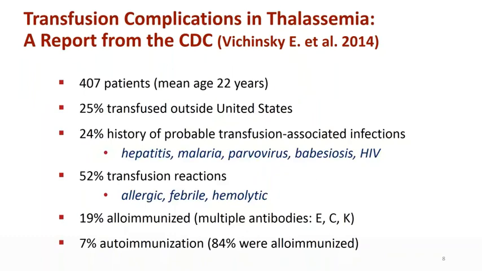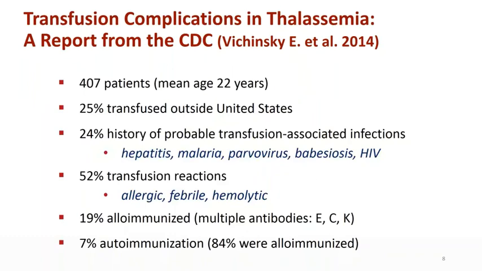Of importance, 24% of this population who was often transfused outside had a history of a probable transfusion-associated infection. These included hepatitis A, B, and C, malaria, parvovirus, and a recent rise in babesiosis and a steady up, depending